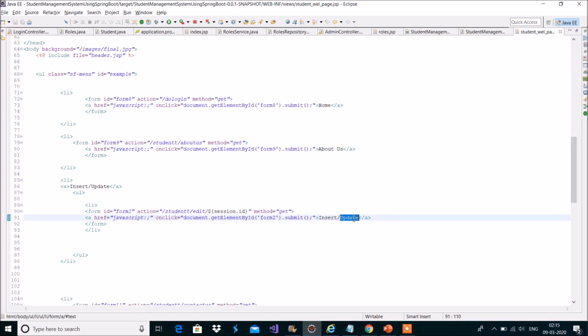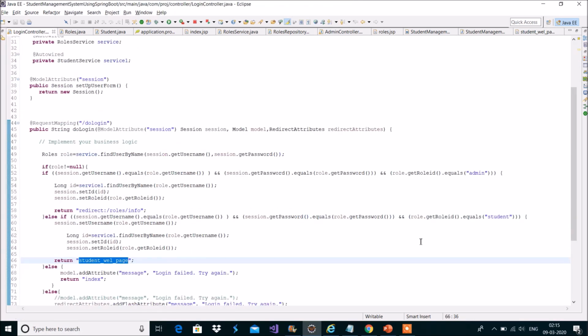Student can insert or update the details. So it will return this page when the role ID is student, and when the credentials entered by the user do not match the credentials stored in the database,